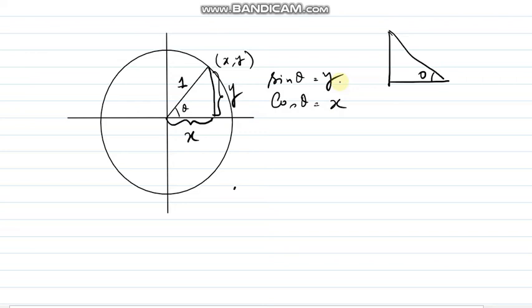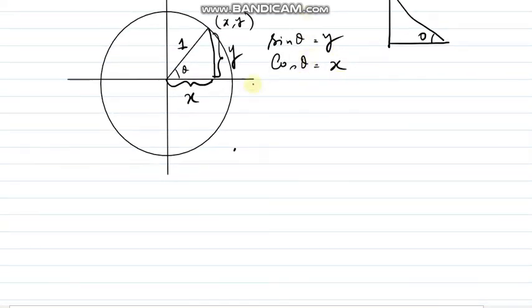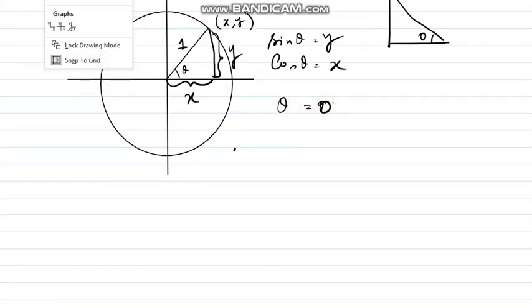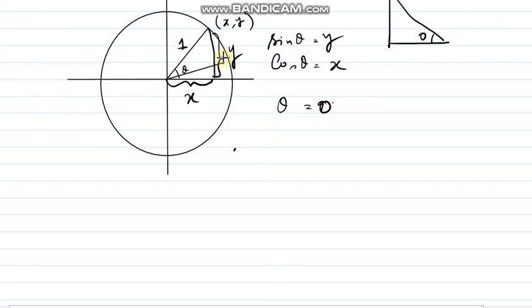From the unit circle, can we just write the values when theta will be 0? Just check how this theta is becoming 0. If I decrease theta, the value of x is increasing and the value of y is decreasing, right? So further, if I decrease theta, the value of x will increase and y will decrease.